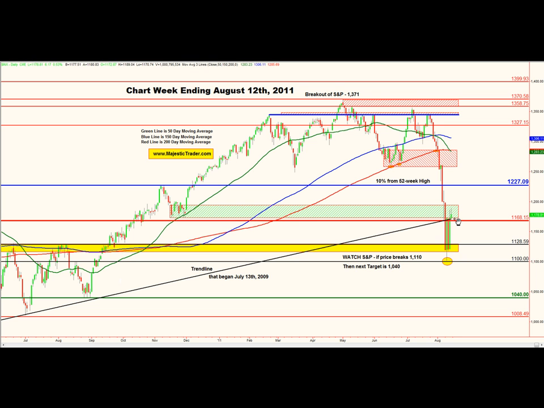One of the things that we're looking at here is if there's significant down volume below 1168, now we're looking at our next target at 1128. Since the low on Tuesday was just above 1100, if we break 1100, our next target is going to be 1040. We are looking for some upward momentum over the next week or two leading into the Labor Day weekend. So we're looking at a top-end target of around 1200 to 1227. 1227, as you remember, is the 10% correction from the high of